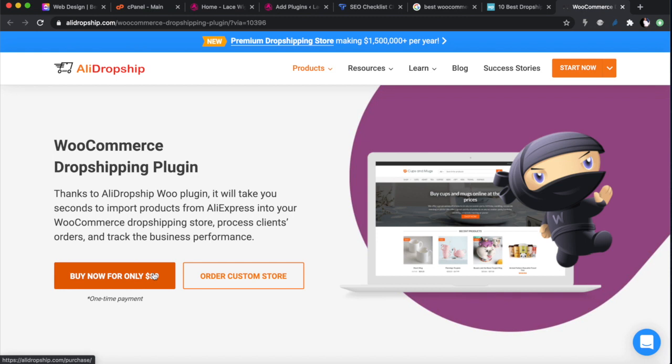And I'm going to do a quick calculation for you here to tell you how much $89 is in South African Rand. If you take 89 and multiply by the current exchange rate, you're paying about 1.5 thousand rand for this. But the nice thing is that it is a one-time payment. You pay it once, you can use the plugin forever, and you won't have to pay again. But if you're a new dropshipper, doing what I'm doing and following along with this video, I do not recommend you pay for a dropshipping plugin just yet. And I'll tell you why.